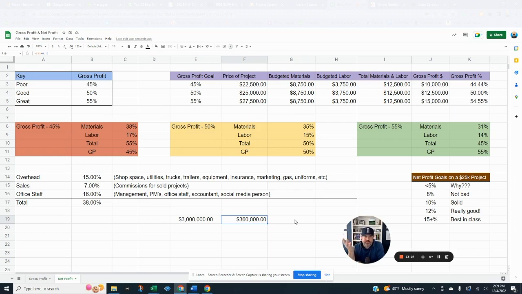And your wife loves you because you get to go on incredible vacations and the kids are going to great schools and going on vacations with them to Disney World, and your employees love you because you don't give them $300 Christmas bonuses anymore. You give them $2,600 Christmas bonuses. And every once in a while, when you know somebody's struggling with their personal life and something's happened to them, you give them cash on the side to say, hey, man, I know you're going through something. Let me help you out with a little bit of extra money to get you through it. And that guy stays forever with you because he loves you. But it allows you to do all those things.